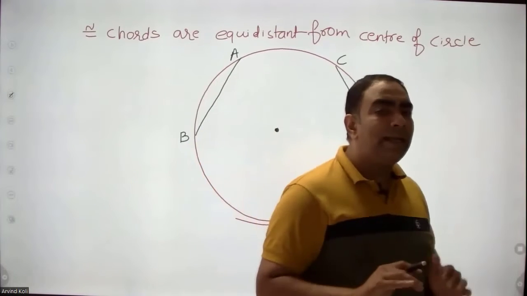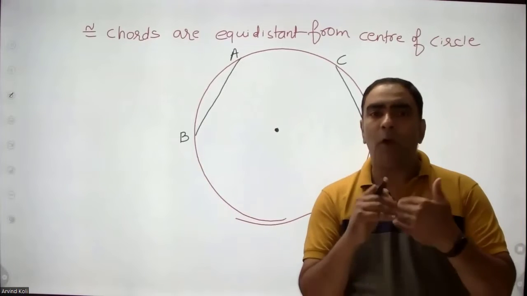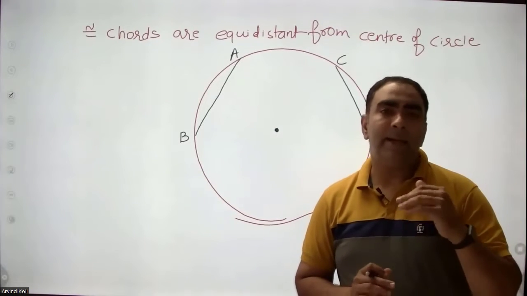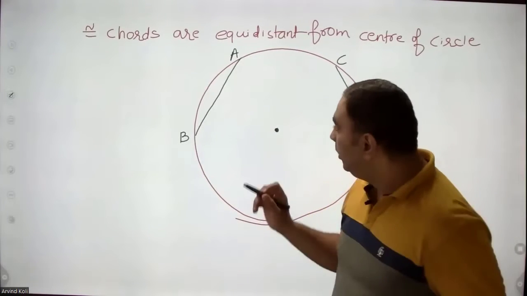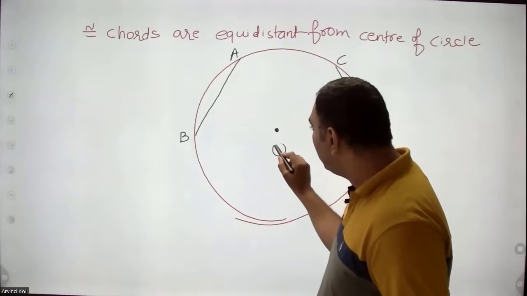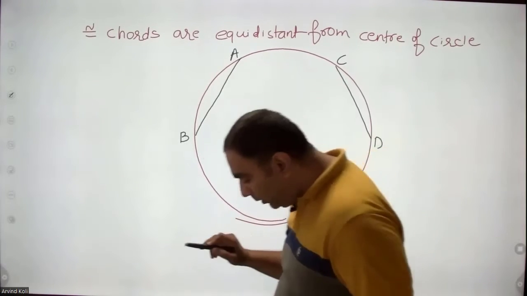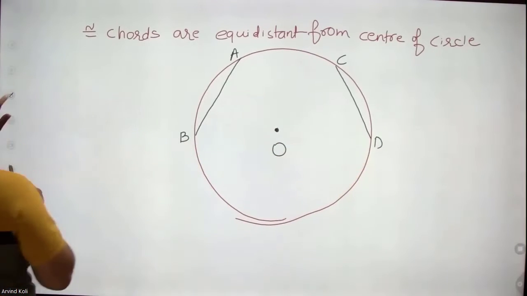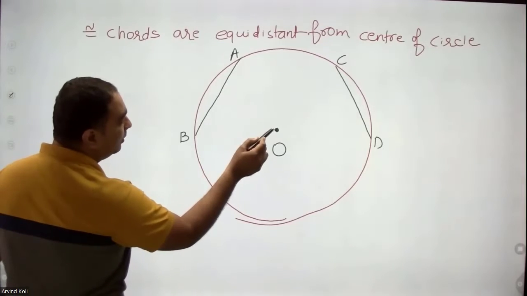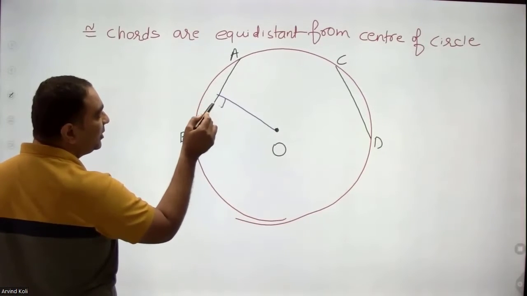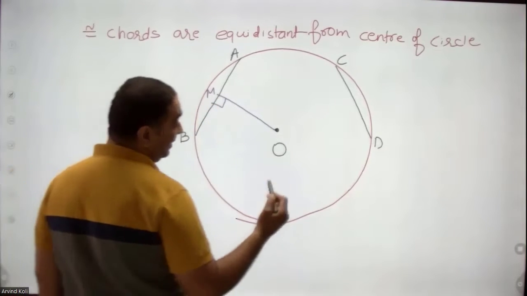ये जो स्टेटमेंट जो लिखा है इसका सिंपल मतलब क्या है? If and then फॉर्म में ही बताता हूं. If the chords are congruent, then the distance from the centers are equal. So let us say once again the center of the circle is O. The distance of chord AB from center O, let us say be represented by this perpendicular. Distance मतलब हमेशा एक perpendicular distance ही होता है, हमें याद रखना है या फिर याद होना ही चाहिए था